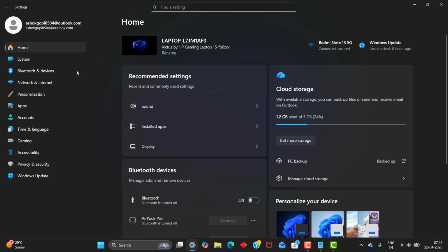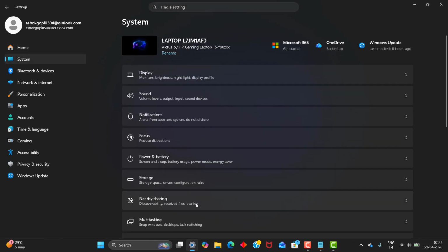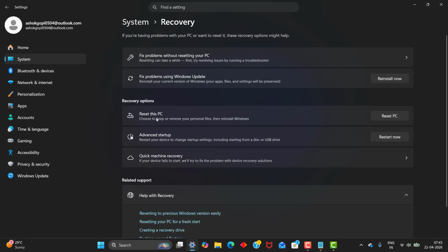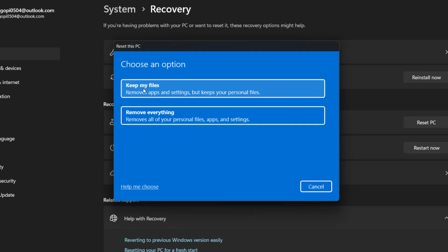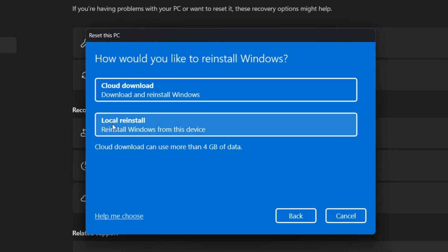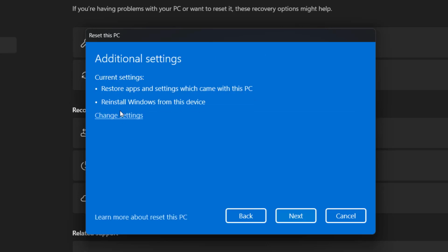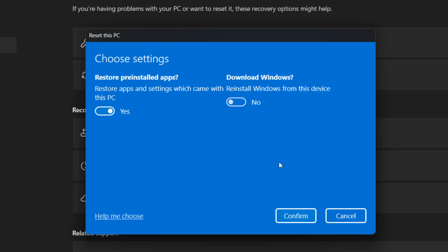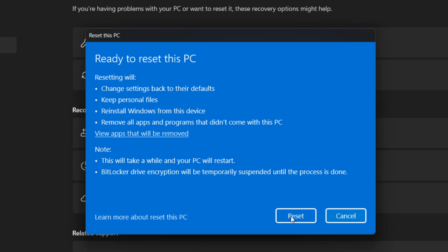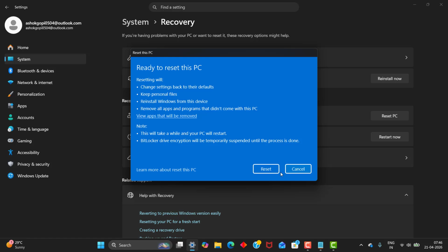Then the next and final step is to go to system settings and go to Recovery, and in this you can see Reset this PC. Click Reset this PC and it asks Keep my files or Remove everything. You can go with your decision, and click Reset now. Once you reset, it will reset your entire system and make your